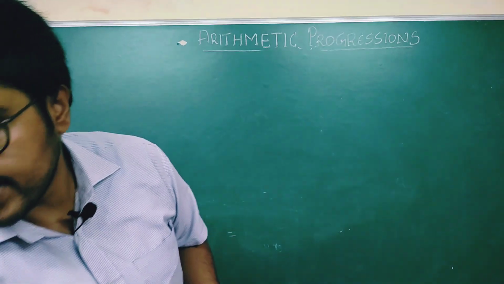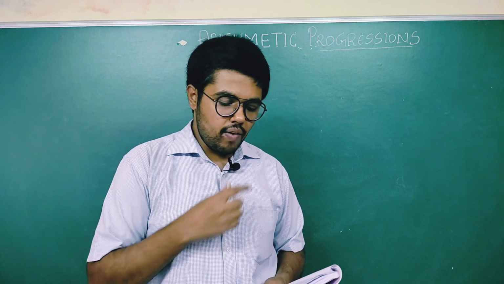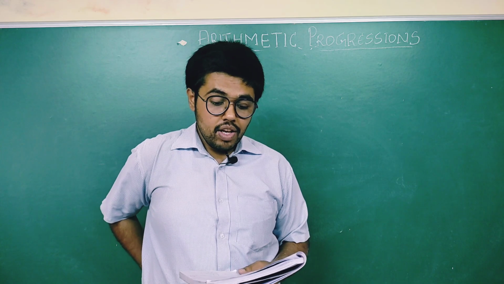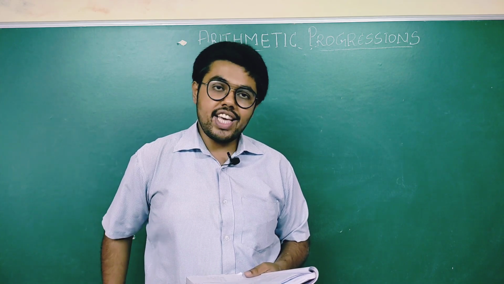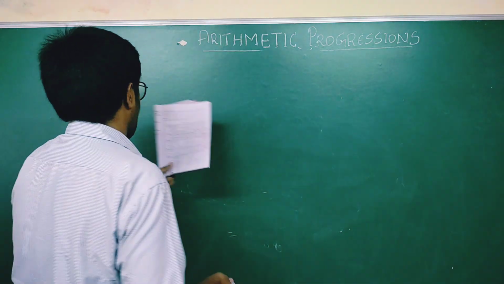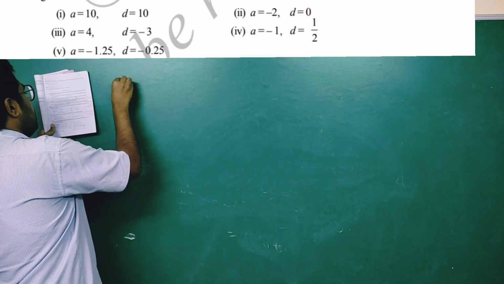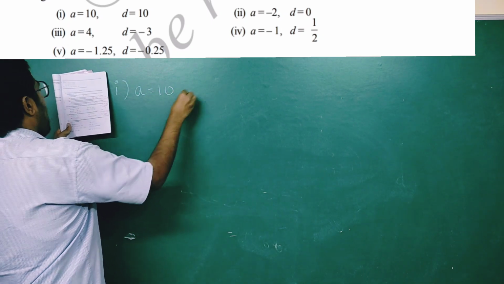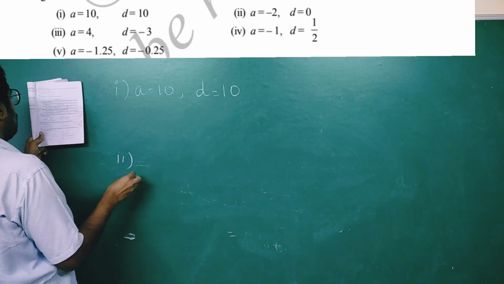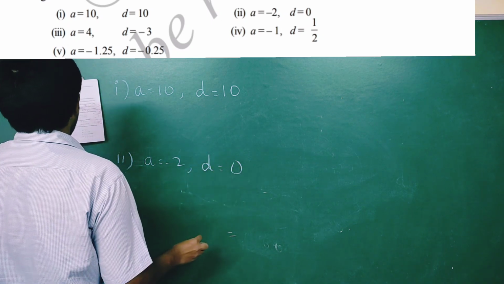Now let me go to the next exercise that is there in your textbook, okay. Write the first 4 terms of the AP when the first term a and the common difference d are given. In this exercise on your screen, I will solve just 3 problems. The rest you can do yourself, okay. The first problem, a is equal to 10 and d is equal to 10. The next problem, I will do this: a is equal to minus 2 and d is equal to 0, and let me do the next one,